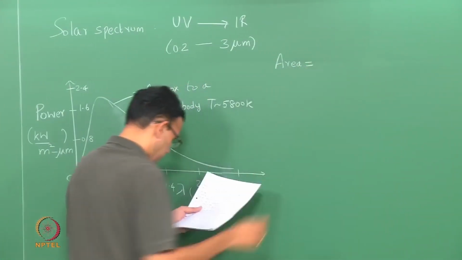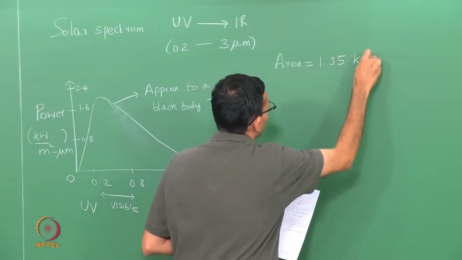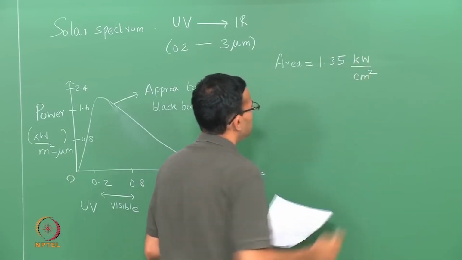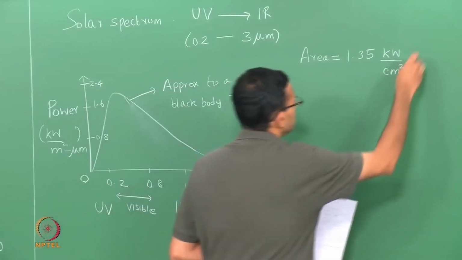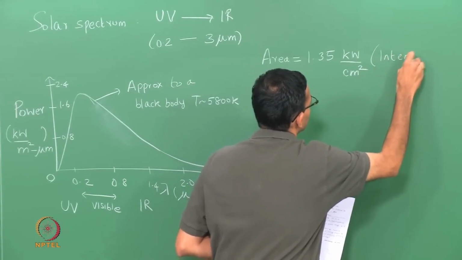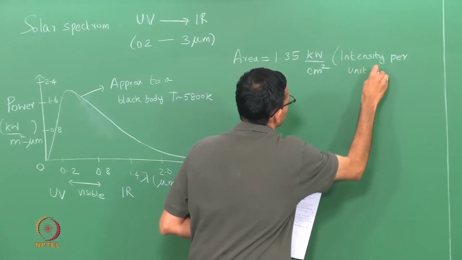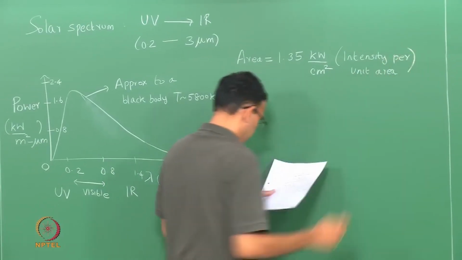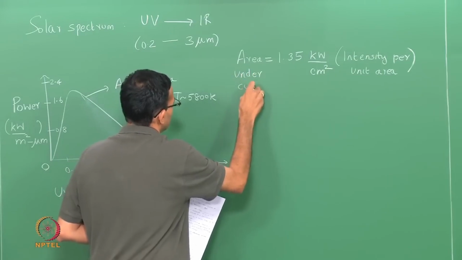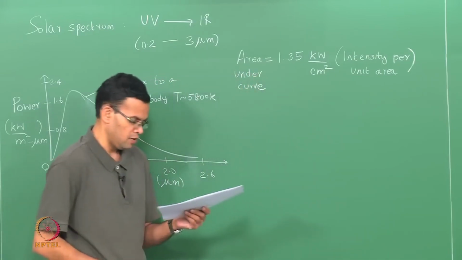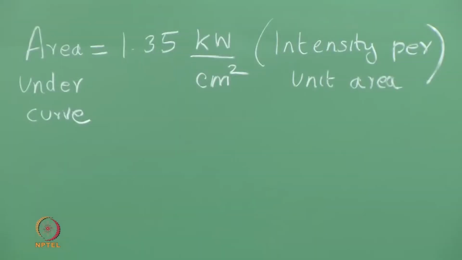This area has a value of around 1.35 kilowatts per centimeter square. So, this is the intensity of the solar radiation per unit area. Just to be clear, this is the area under the curve. Of course, we should also take into account the fact that you have scattering of radiation by the